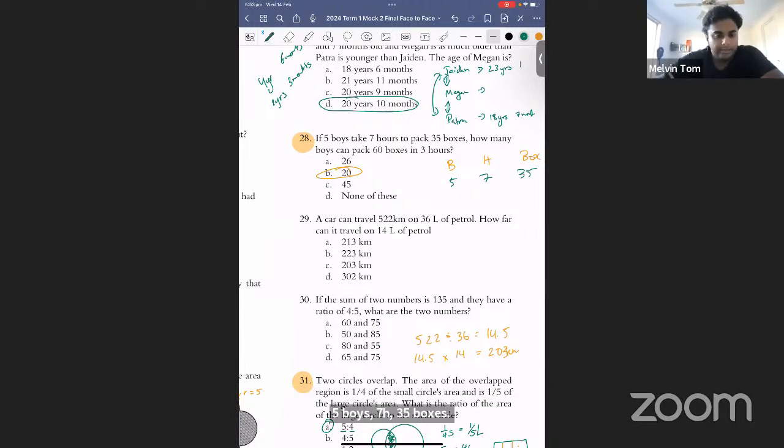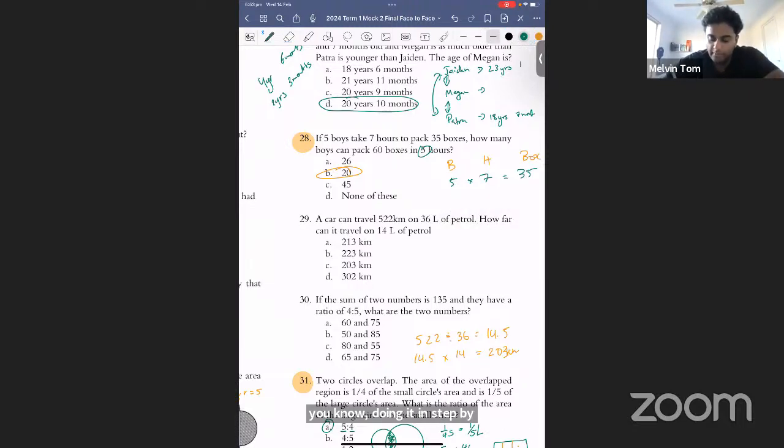Someone told me a very smart idea, which is 5 times 7 is equal to 35, and that means that 3 times what equals 60, which is 20. That also works. But a way to split it up and do it in a step-by-step fashion